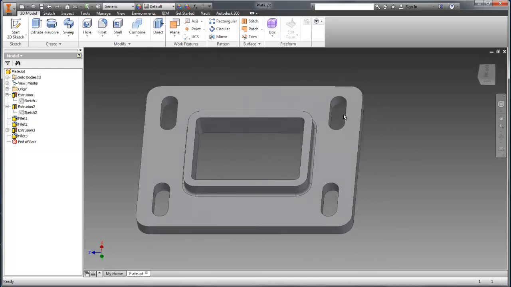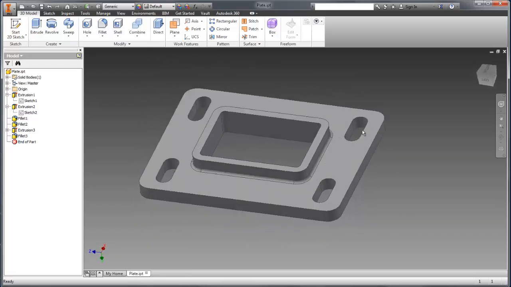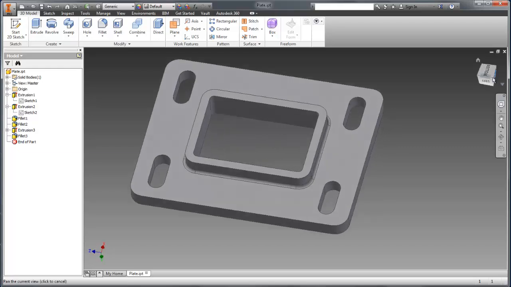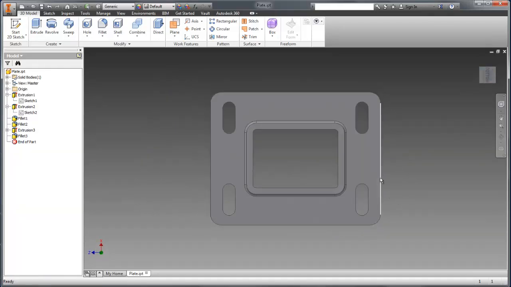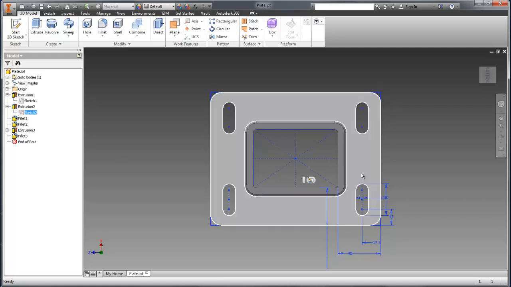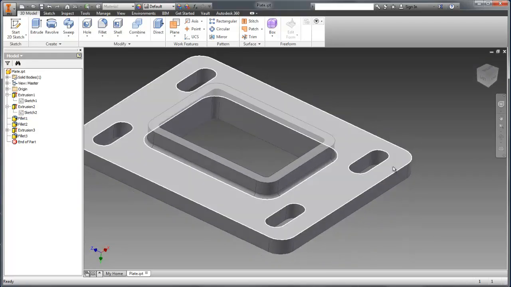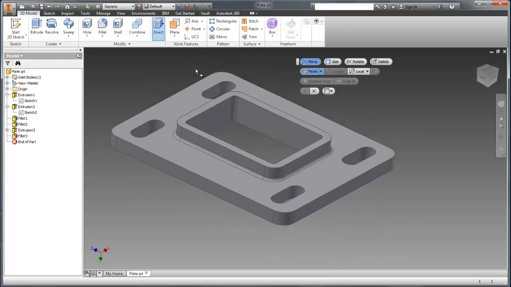So if I wanted to move, say, these slots and extend the length of this plate, traditionally I would go in and find the parameters that control the position of those features and adjust the measurements. Now, as you can see, because of the way I've constructed this, it could take a bit of work, because I've used patterns and that sort of thing, and there's no one quick dimension to change to get that effect. So in this scenario, if I were to use a direct edit,